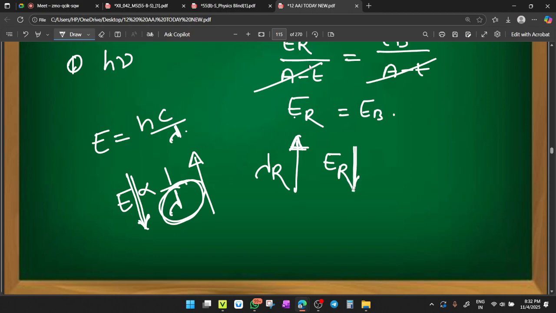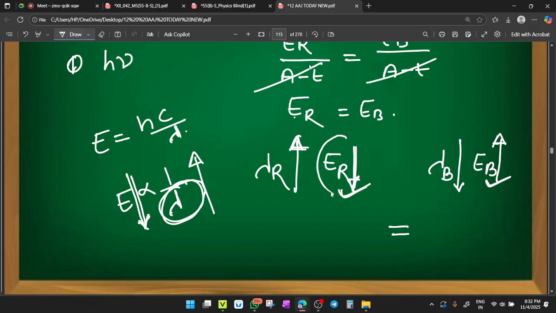Yes or no? Yes. In comparison to the blue color having less wavelength, the energy of the blue color radiation will be high. Clear or not clear? Yes. So blue color will have higher energy and red color will have low energy. But to make them equal, you have another choice: you have to increase the number of photons for the red color. So red photons,